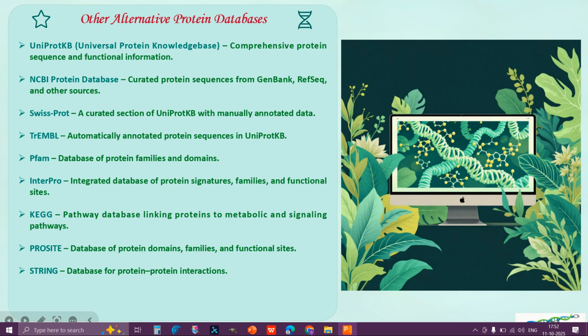Now Pfam is used to determine protein families and domains. KEGG pathway is to determine proteins in metabolic and signaling pathways. The STRING database is for protein-protein interaction. So there are different protein databases with different functions. Since we don't require these in this workshop, we will only go through the PDB database, that is the Protein Data Bank,